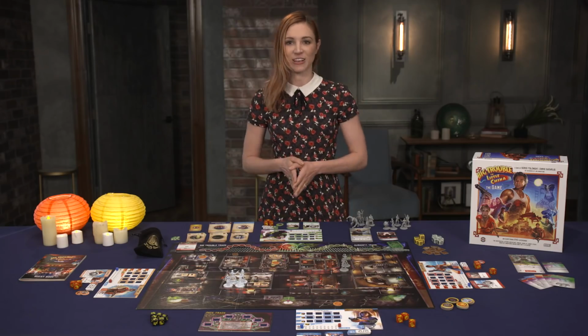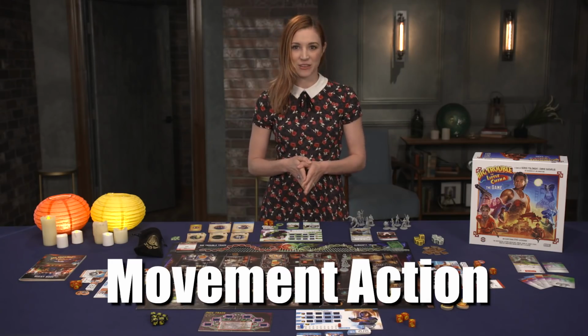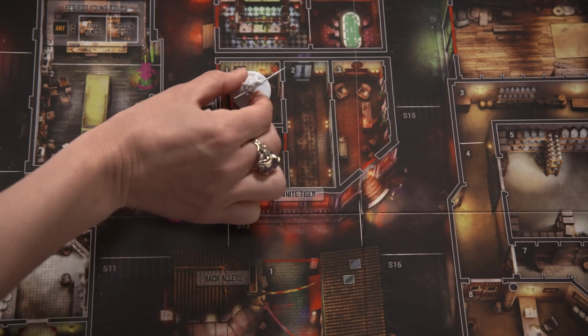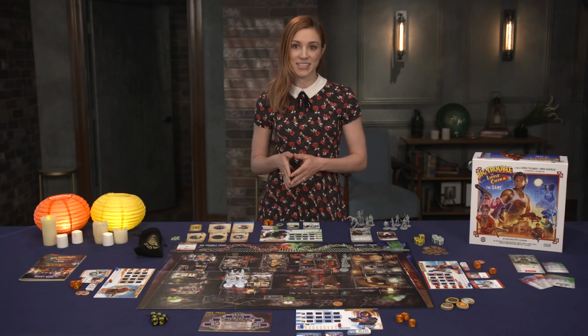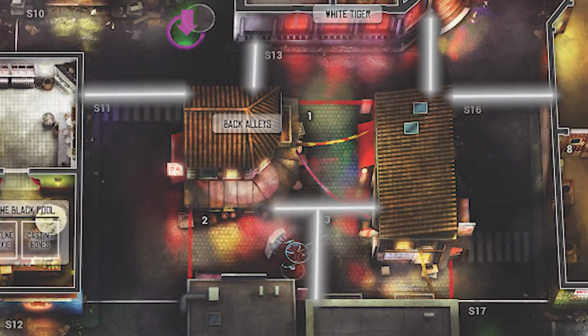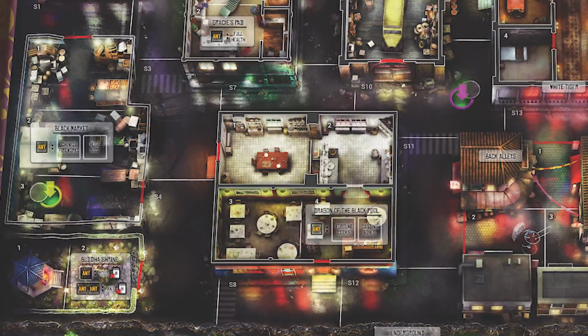Dice actions include movement action. By spending any 1 die, a player can move up to 2 spaces in an action, or 3 spaces if they use an epic slot. Spaces on the board are separated by white and red lines, which are doorways, and distributed into zones, denoted by